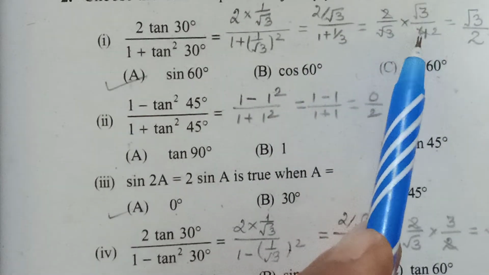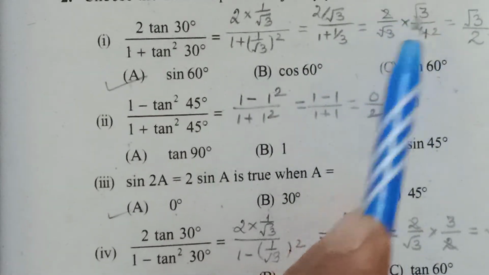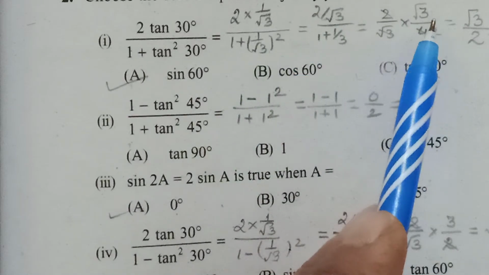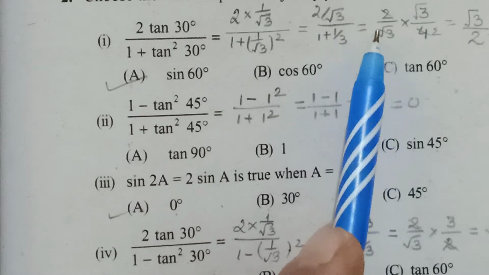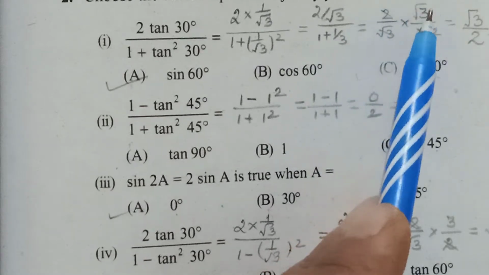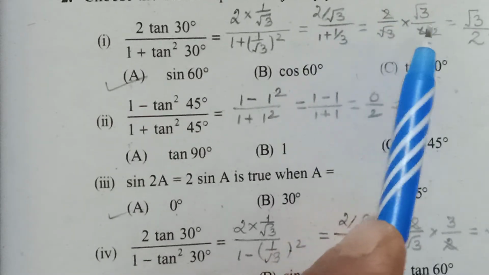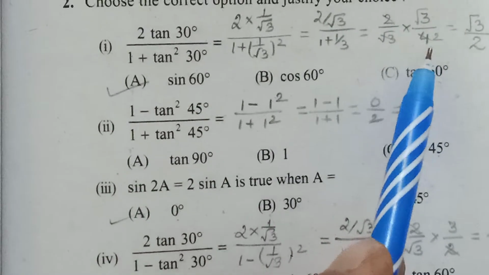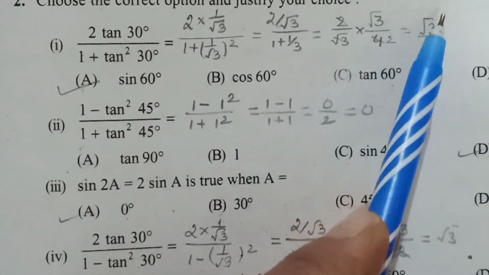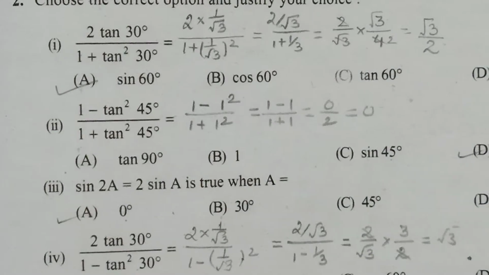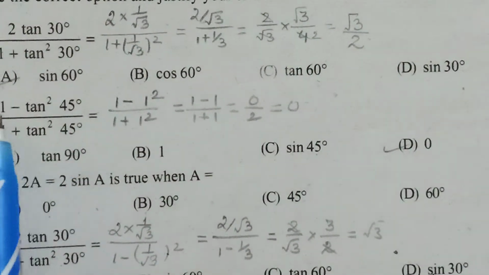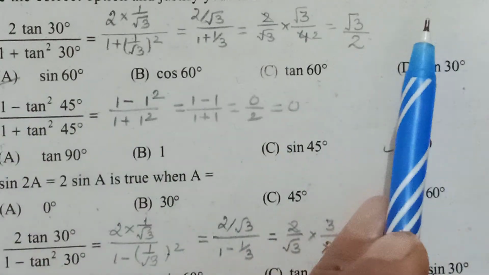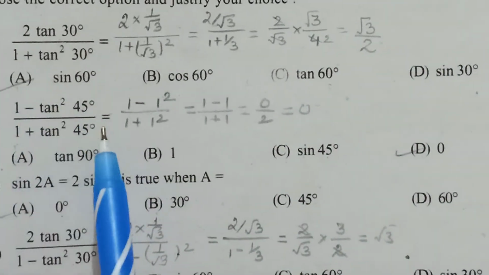4 upon 3, so this 4/3 is inverted here to 3/4. Dividing by any rational number is multiplying by its reciprocal, and this number becomes 2/√3. Then √3 is cancelling out this 3 to give you a root sign here, and 2 is cancelling this 4 to give you 2. So what are you left with at the end? √3/2. This was your multiple choice, there were so many choices out here. √3/2, if you've learned your values thoroughly, you know sine 60 is √3/2. So A is your right option here.